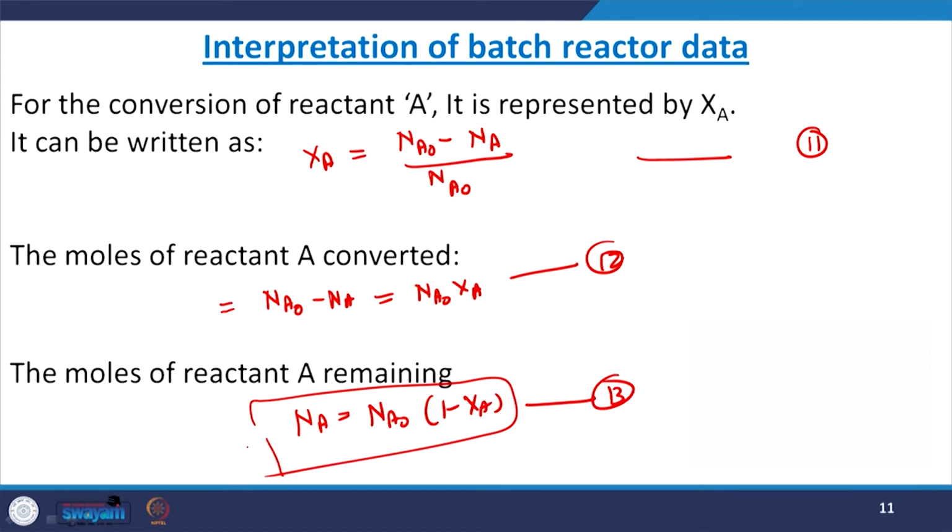Sometimes it gives important information pertaining to the unreacted segment of the reaction mass. That is why this particular information is extremely useful, specifically for the separation process, for the product purity, etc. Now, another thing which is very important related to the interpretation of batch reactor data is the mole balance of a batch reacting system.